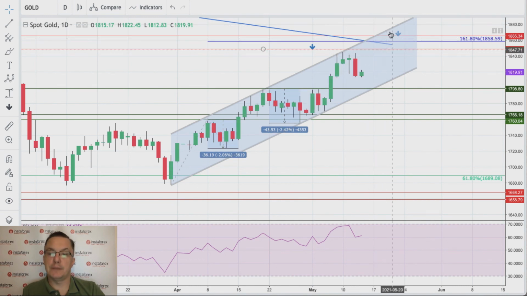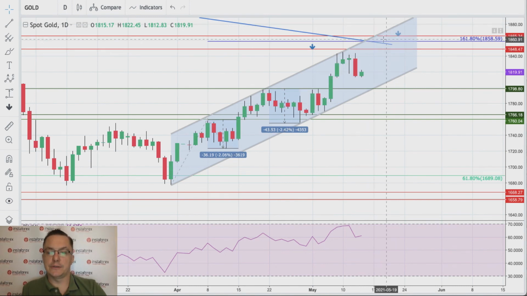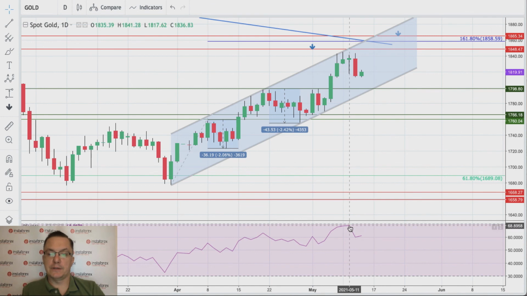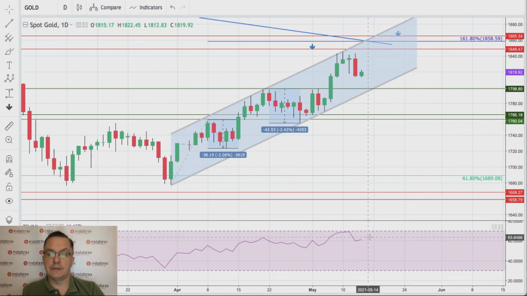So please keep an eye on this zone, because as you can see, we already hit this level of the 70. We might be going now a little bit lower in terms of the momentum, and especially this momentum can accelerate if we break below 1,798 and below 1,760. This momentum will be actually below the level of 50, which is the natural level, so we will enter the negative territory. So that's my analysis for today.